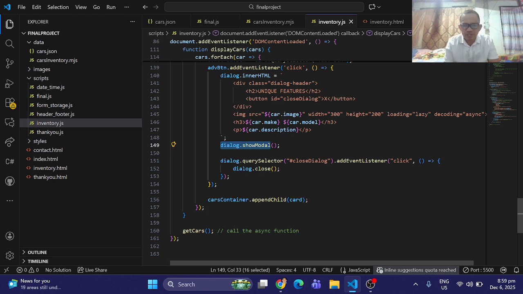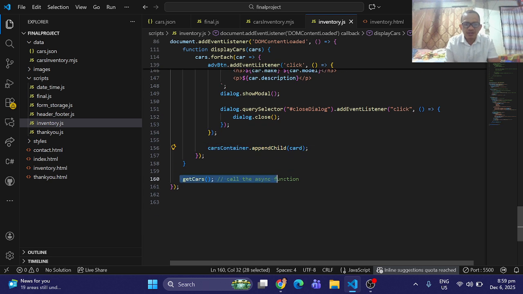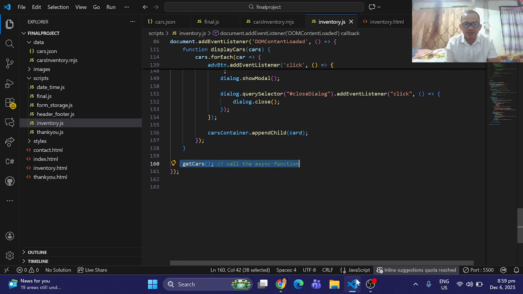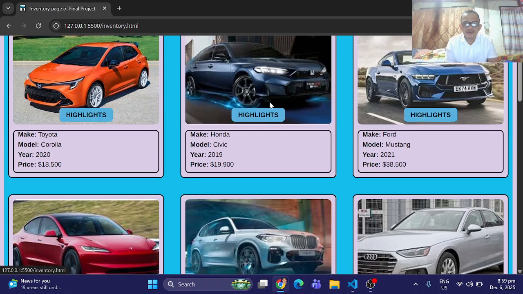Then if the customer clicks, this is the event listener for the click, so the dialog will be closed if the customer clicks the close button. And then append all cards into the cars container and then call the get cars function, and this is the output of that.